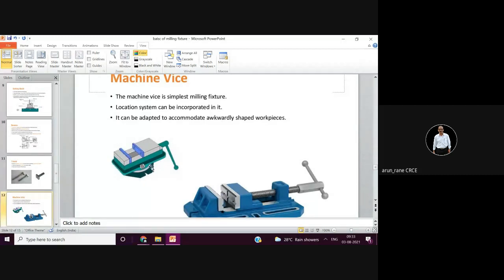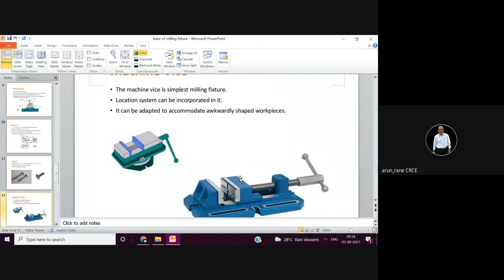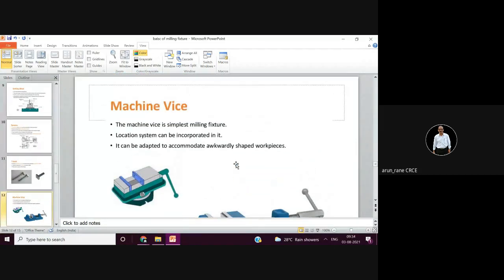Like this particular vise can be rotated about this axis, that is the Z axis. But a universal vise can be rotated like this, that is around this axis. At the same time, it can be rotated along this also, that is along this axis. And plus, it can be rotated along this axis. So all x, y, z. Suppose you consider this x, this is y, and this is z. So the universal vise can be rotated around all three axes.